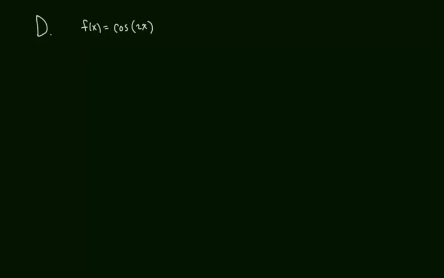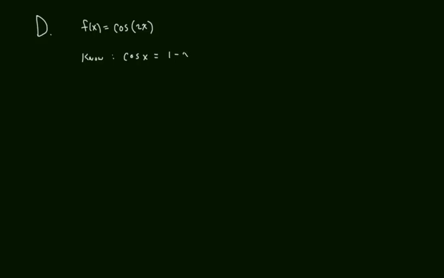Part D. All right, here we go. Part D. This time we're not going to manipulate a known series, we're just going to substitute into a known. So as I look at f of x as the cosine of 2x, I want to substitute something into something that I know. And what should I know is that the cosine of x